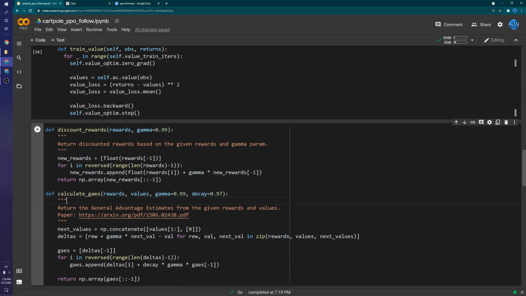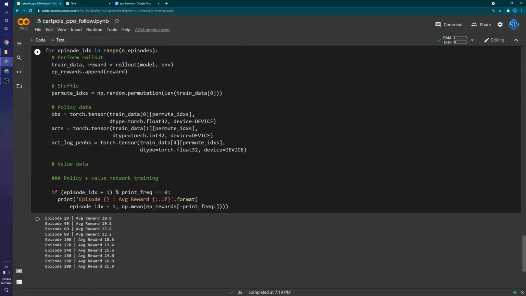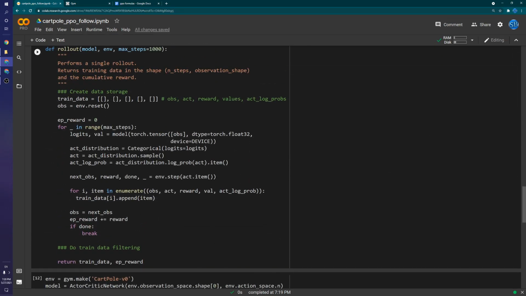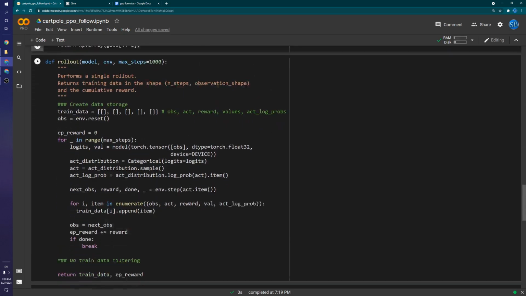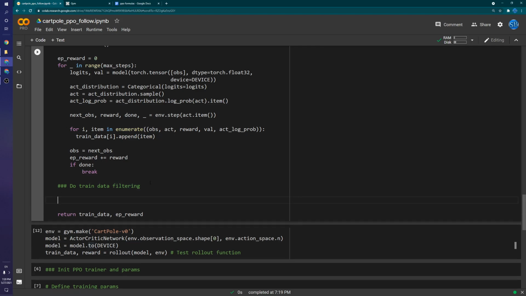The calculate GAEs function takes in rewards and values, then a gamma and decay parameter, and calculates the advantage estimates. For the advantage estimates, I actually want to do that in the rollout. It just makes sense to me. So let's see. To do this in the rollout, so I have something I'm referencing, this should be fairly simple, and it should just be train data